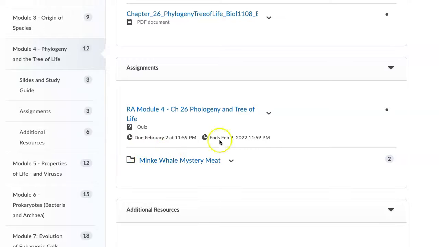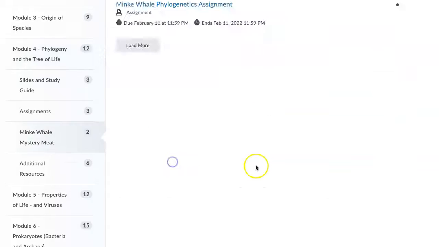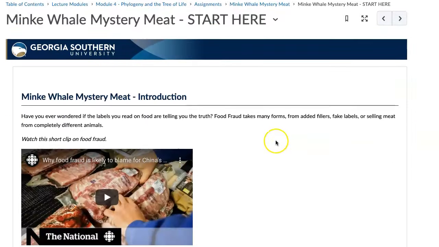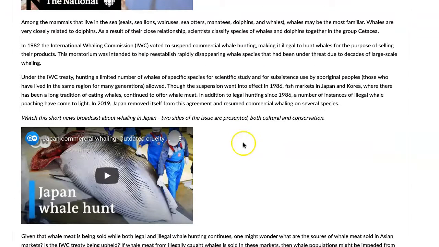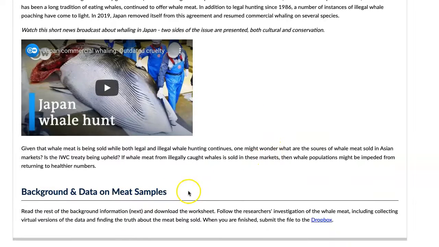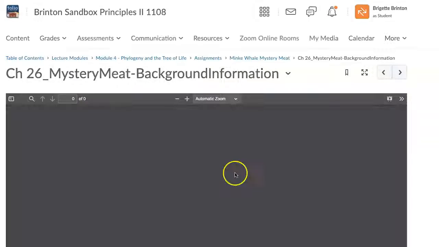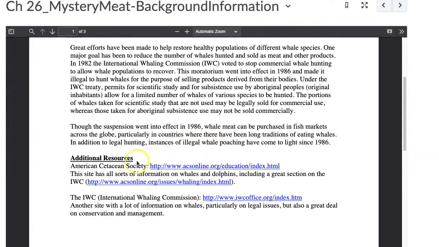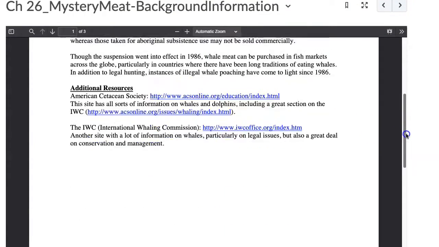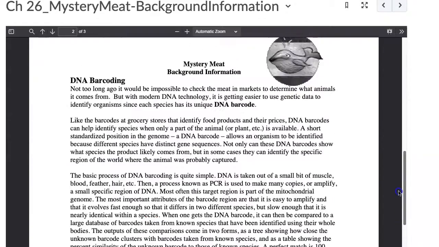So if you go into Module 4, you'll see an assignment called the Minke Whale Mystery Meet. Okay? And you can click on the overview, which gives you a kind of a lead into the assignment itself with some additional information about food fraud and whaling, both in nations that adhere to the International Whaling Commission and those that have left it, such as Japan. Next, you'll find some additional background on different whale species that are possible sources of meat, including some additional resources if this is a topic that you'd like to dive into a little deeper, and some information on how DNA